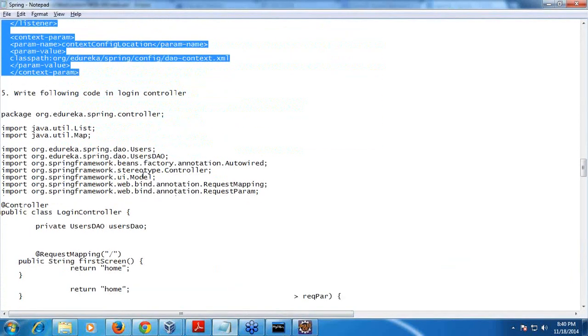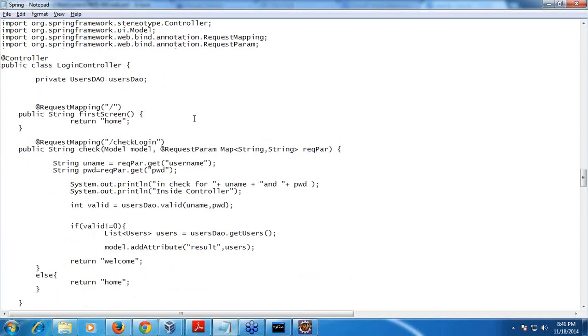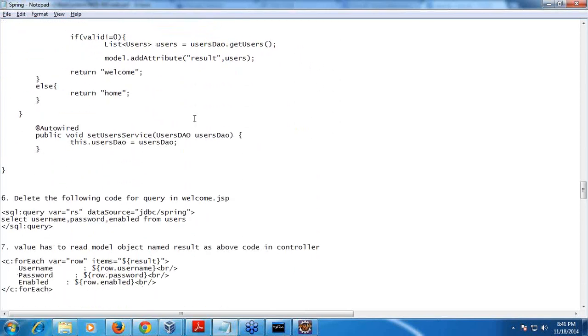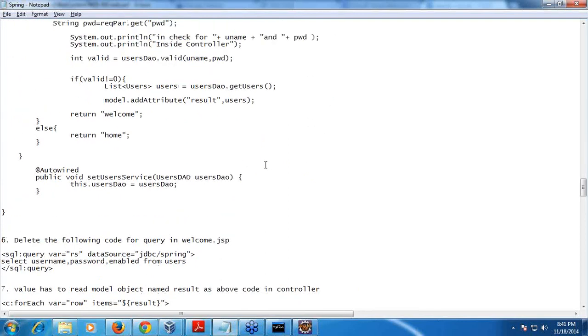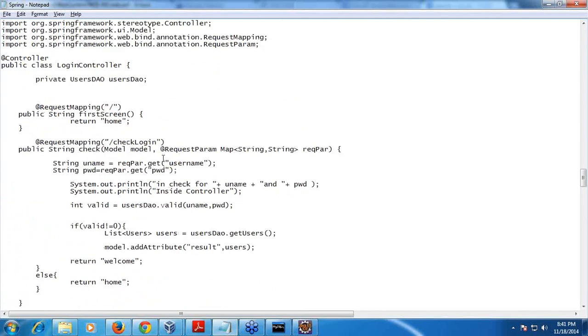So now what I have done is, in the controller, I will write this check login functionality, and then I will call this user's DAO valid function here.